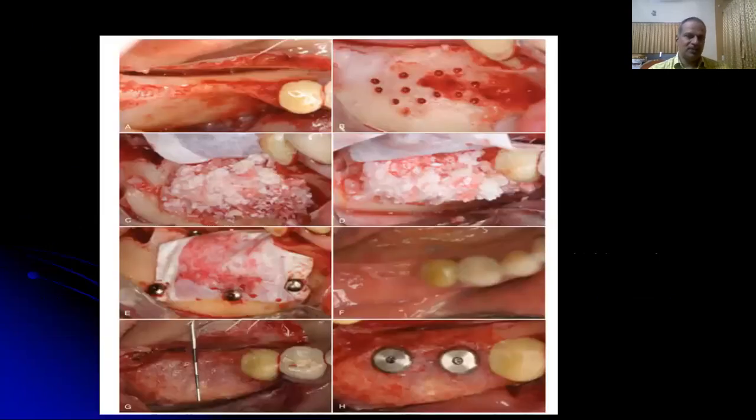Here is a case of horizontal bone deficiency in the mandibular right first and second molar region. The crestal incision was given along with the vertical incisions on the first and second premolar, and a full thickness mucoperiosteal flap was reflected at least 5 millimeters beyond the defect. Vertical incisions, as long as possible, should be avoided, and if required they can be given in a remote location, such as in this case, it was given on the mesial side of the first premolar.